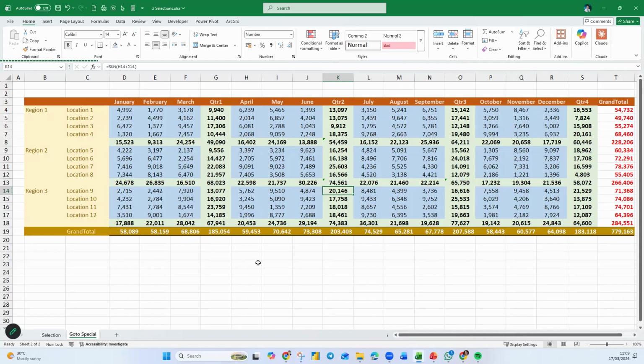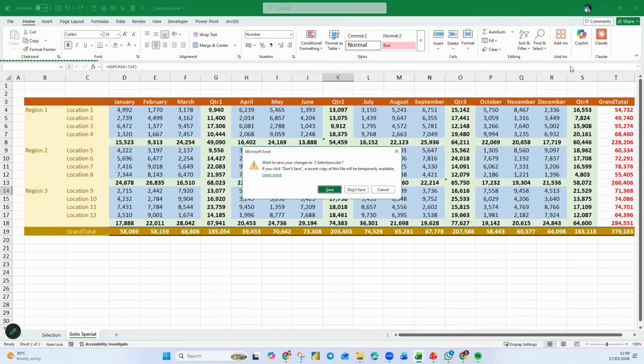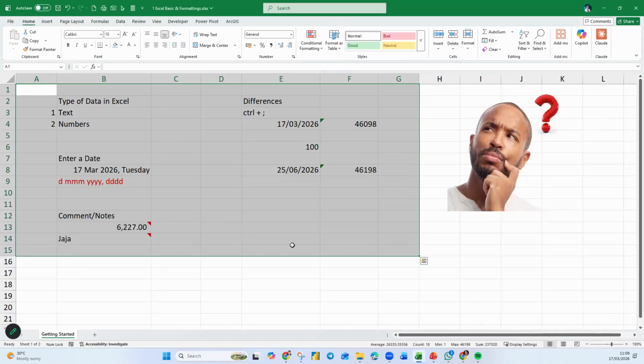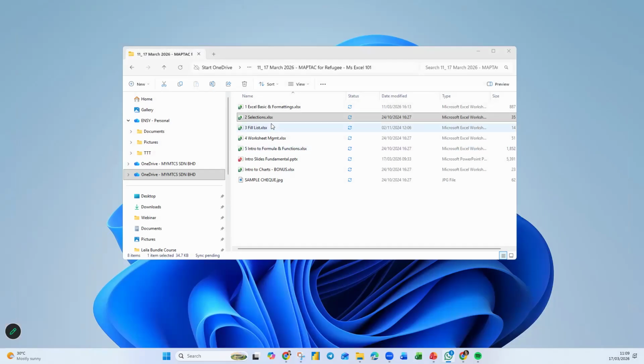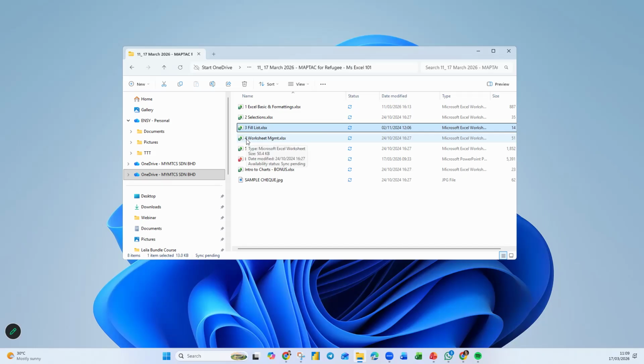Okay. Now I will move on. Let me just close my file. I'll move on to the other files. I'm going to close this as well. Okay. Now I'm going to skip the field list. I'm going to move on to, now I think I can do the field list as well. So the field list is quite simple. Okay, let's do this.